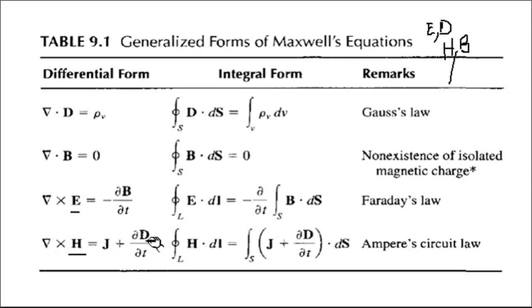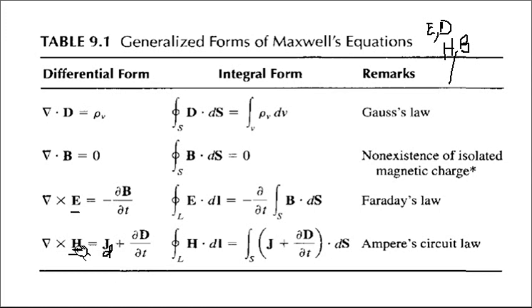Now, coming back to the second Maxwell's equation, del cross H bar is equal to J bar plus dou D bar by dou t, and this dou D bar by dou t is called displacement current density, J D bar, which is the major contribution of Maxwell and which is the second theory bit of our unit also. So if you understand J D, that is dou D bar by dou t.